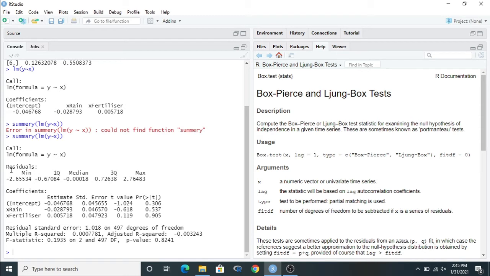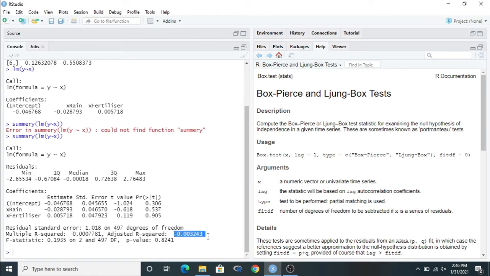It indicates first the residual diagnosis. It means the minimum value of residual, first quantile, median, third quantile, and maximum value of the residual. And in the second step you can find the coefficients. This indicates in the first column the coefficient value, second the standard error, then t value, then p value. Actually our requirement is the p value and the estimated coefficient value. It also shows the residual standard error, degree of freedom, r square value, and the adjusted r square value.